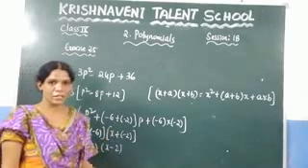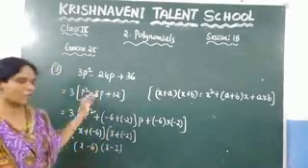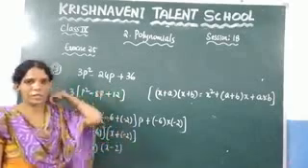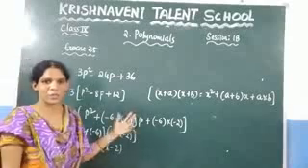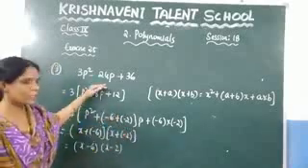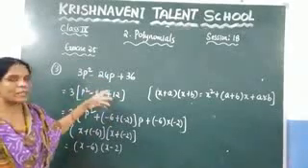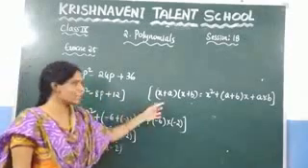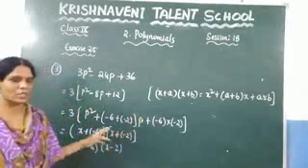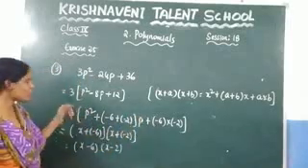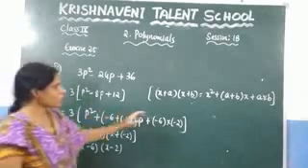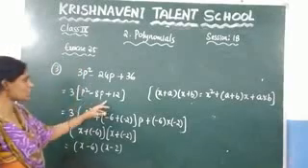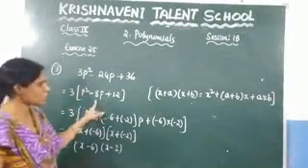Because in the question they asked to apply the identity, we are applying this identity. Otherwise you can solve this quadratic expression by the splitting method. You already know how to solve by using the splitting method. That method also we can apply here. But in the question they asked to apply the identity. So we are changing this so that you can apply the identity x square plus a plus b into x plus a into b. Since the coefficient here is 1, we need to remove 3, so I took 3 common so that we got this expression, and we need to change this expression into the form of this identity.